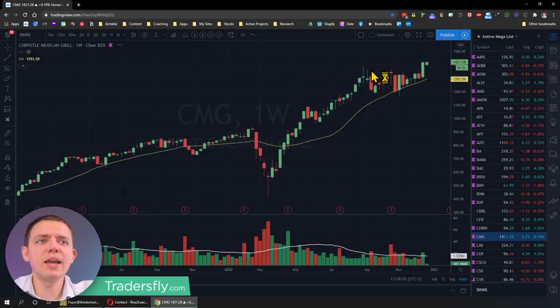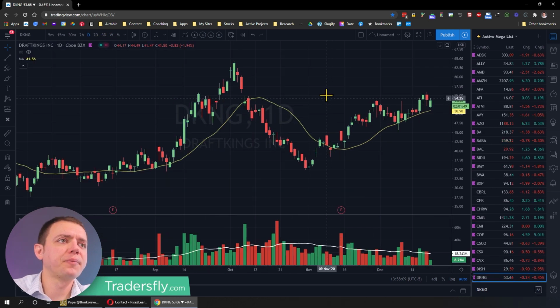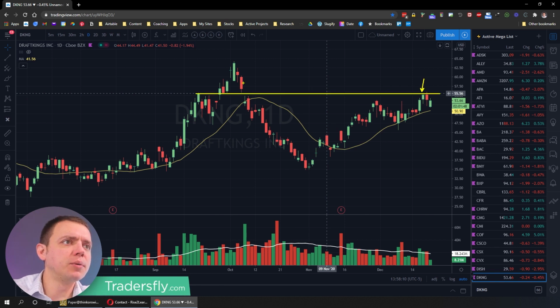If we look at DKNG, let me go into the daily right here. Boom, there's resistance, there's resistance. So there's your resistance level, and the stock is getting right into it. So as you look into this